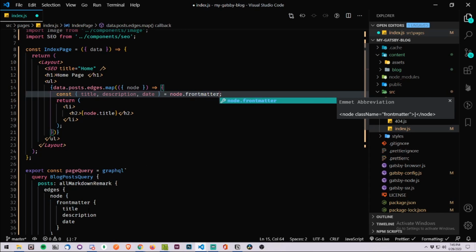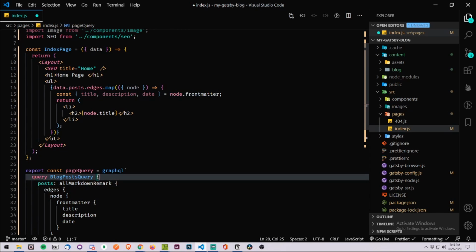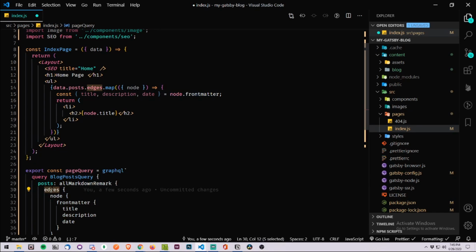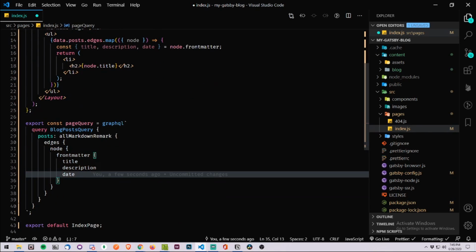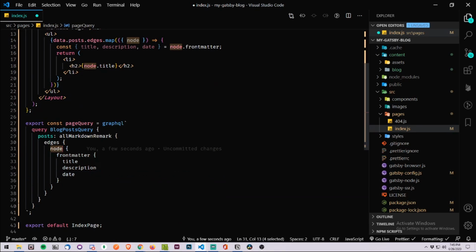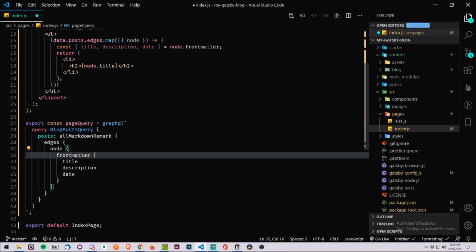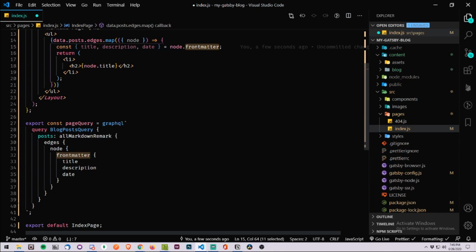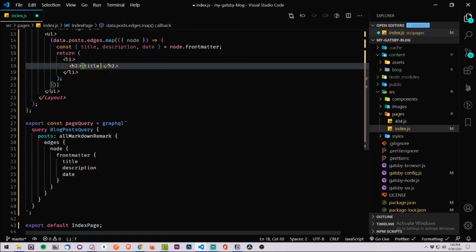And what this matches is everything that's down here, so it's really easy. So posts.edges.map for each node, because edges has, you don't see it here, but it'll be edges, and for every edge there's a node, so node, and then frontmatter, and then we're destructuring title, description, and date from there. So then I can just go here and say title,